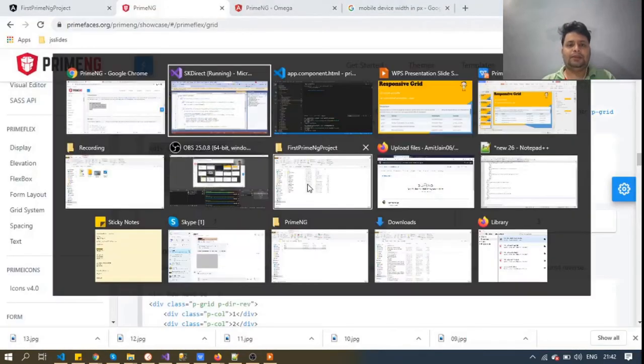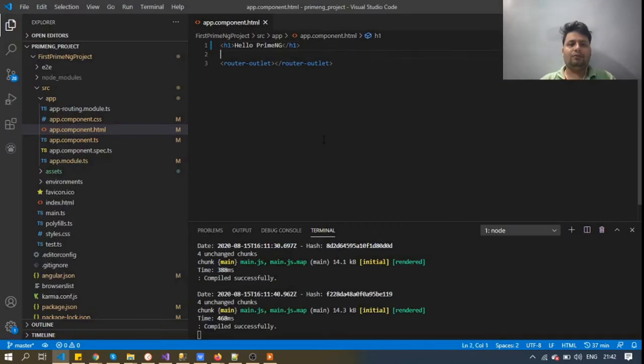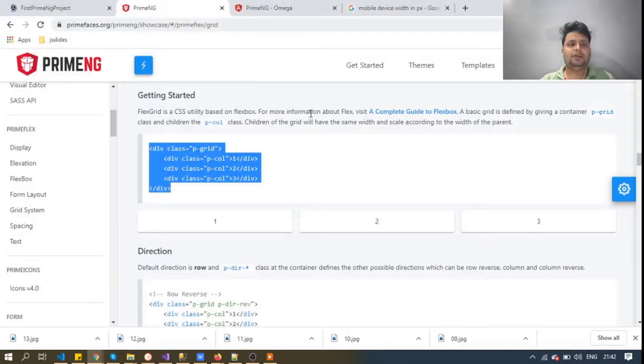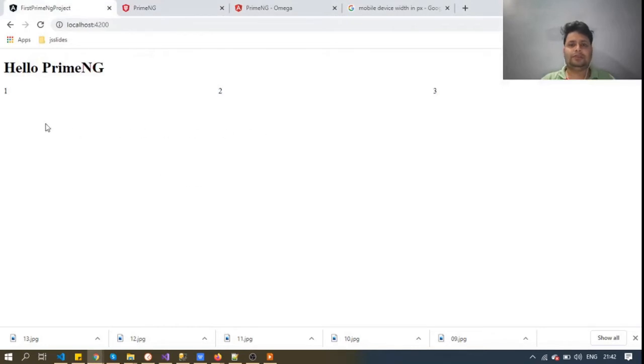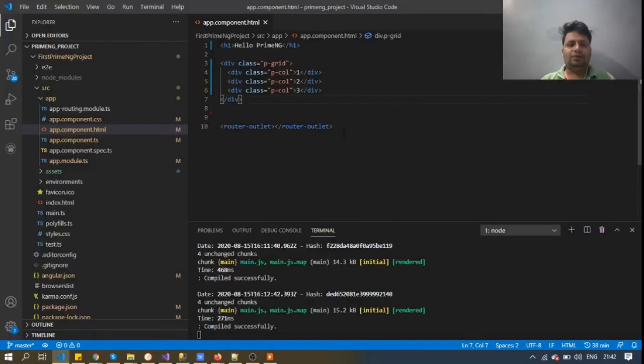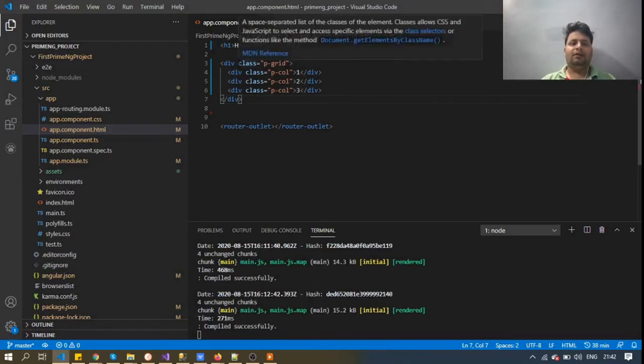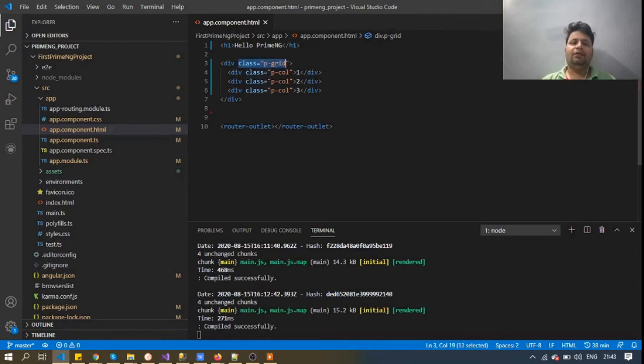I just copy and paste it into our HTML file and refresh the page. Yes, you can see 1, 2 and 3. In the grid system, first understand what we are doing. We are creating a div, and in this div we are applying the class p-grid.